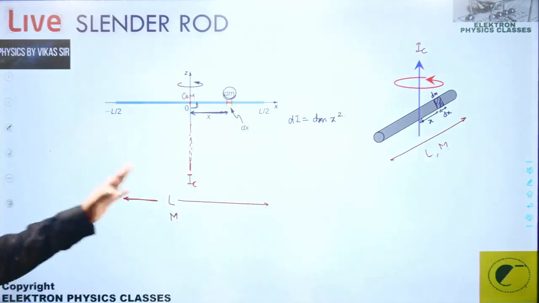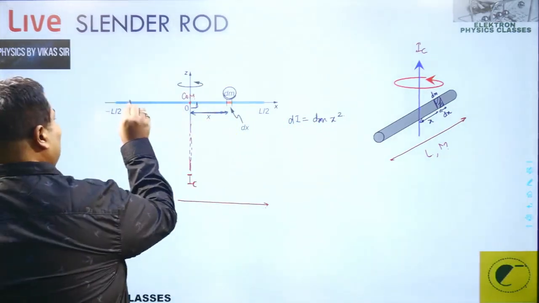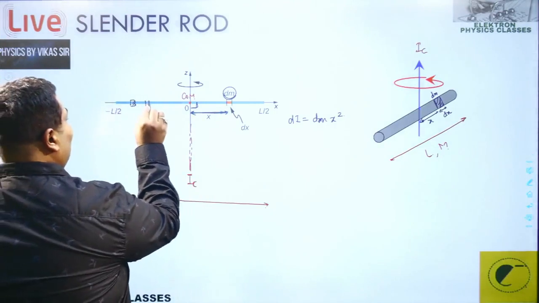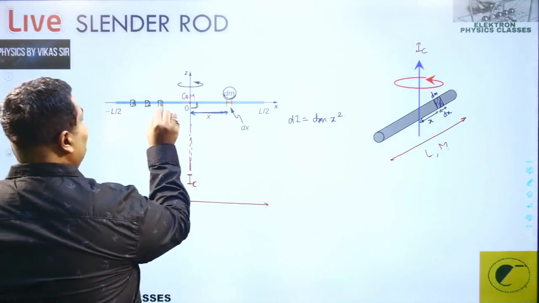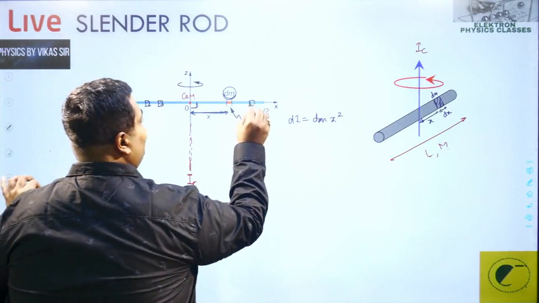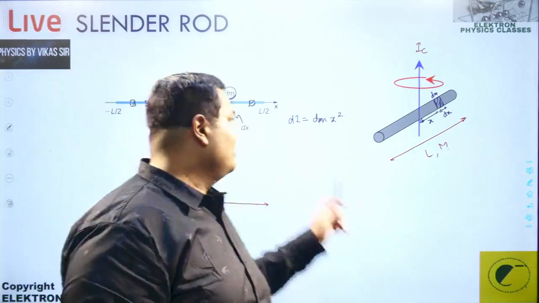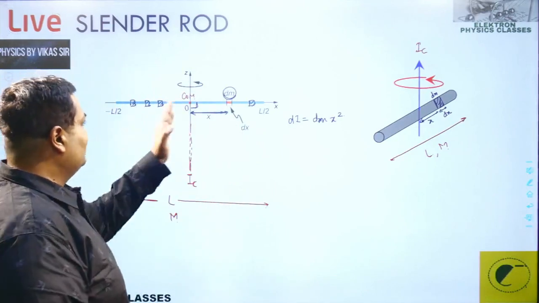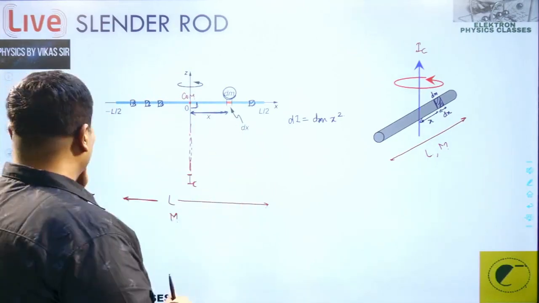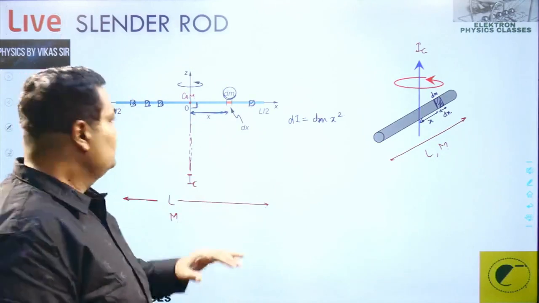And if we integrate this, see, there are so many particles. There are particles here. There are particles here. So it's not a discrete distribution anymore. Everyone is having a different distance. So we need to represent one particle. That's our elementary particle dm, and the distance of this is x. And then we integrate this from this end to this end.